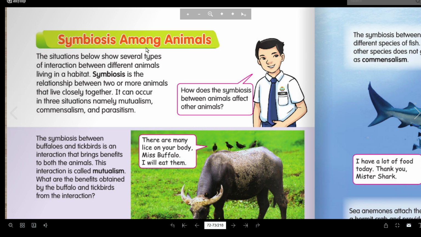Next is symbiosis among animals. So basically here we are talking about how animals are interacting with each other. We have seen competition, right? They can compete for food, for shelter, right? And they can compete for resources, like water or anything, for mating, right? This is what we have seen so far. They can compete with the same species or with different species, which is intra and inter, right? Clear?